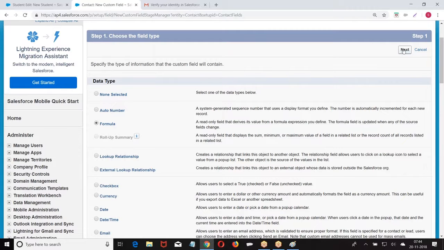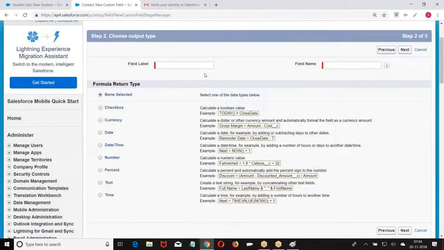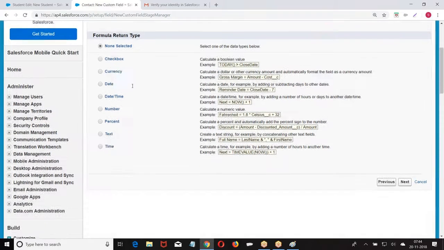Formula. Next, customer ownership. What else? Customer type.